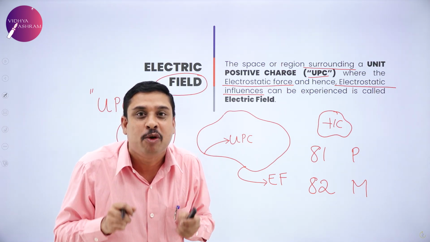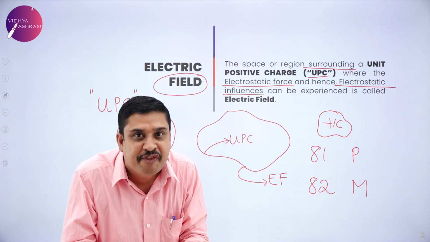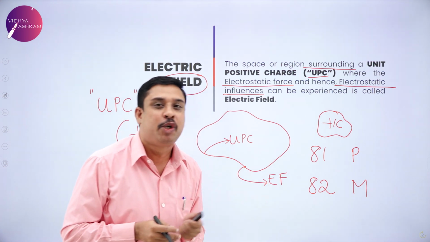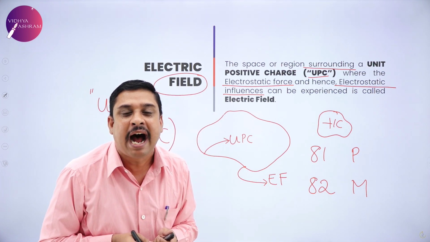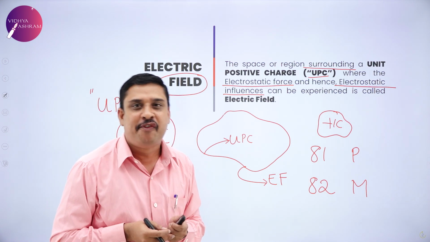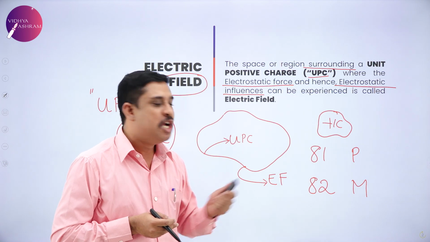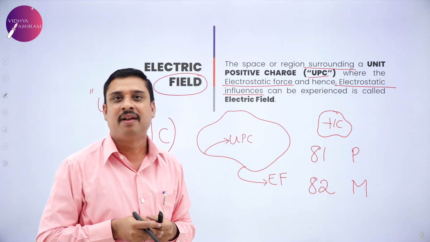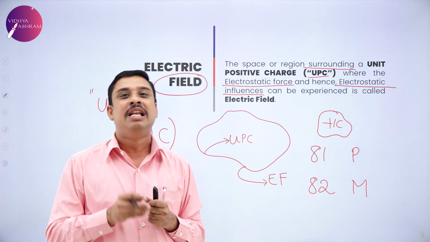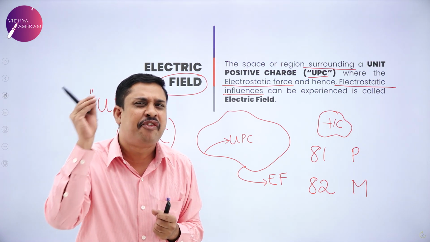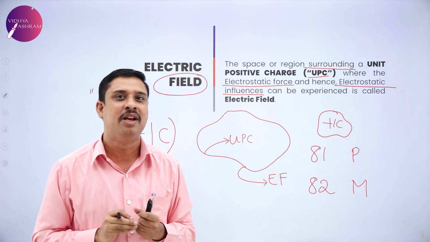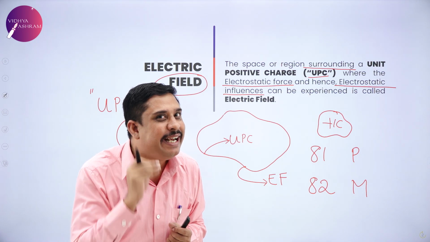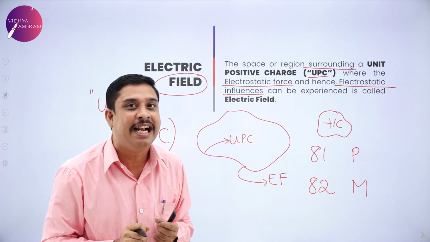The physics teacher is having an impact on students who are present in room number 81. So room number 81 becomes the electric field for the students there. Similarly, in room number 82, the students are under the influence of the mathematics teacher. So 82 is the relevant field and not room number 81. Therefore, we clearly learn that if any region or any space has to be treated as an electric field, then it